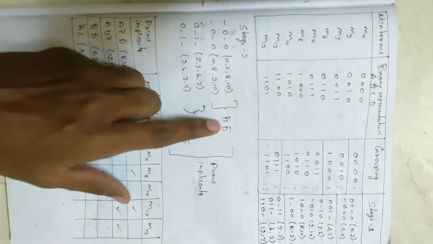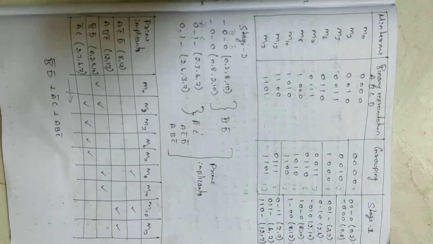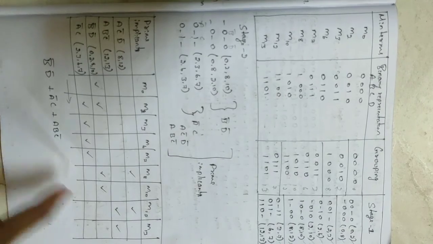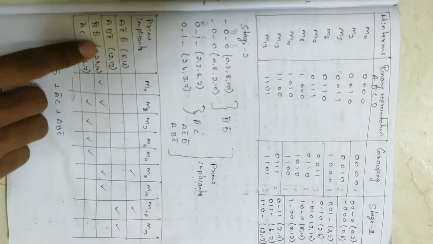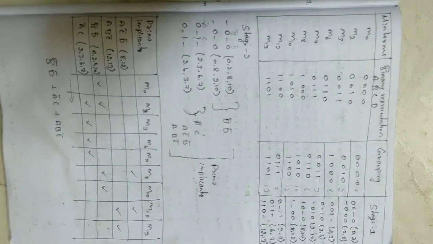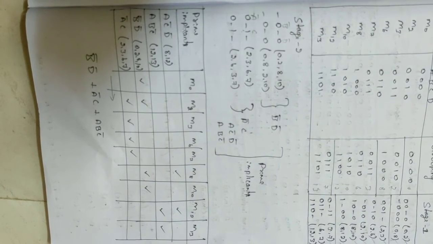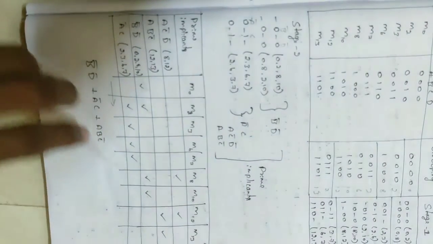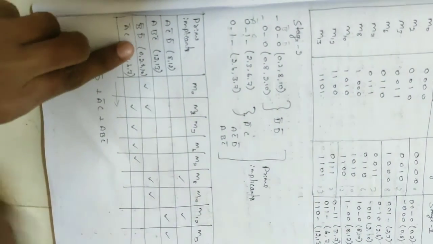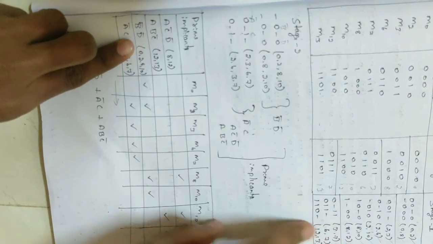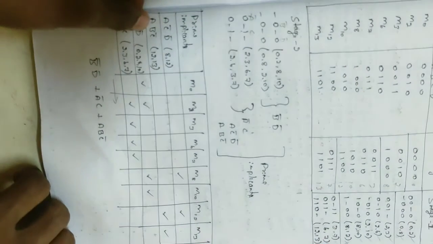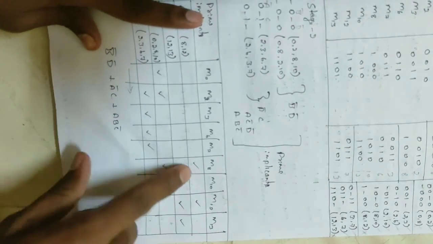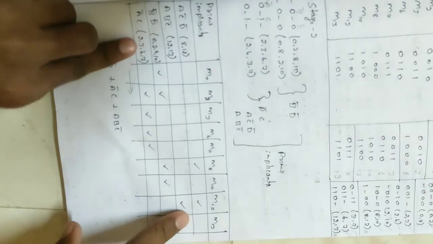After getting the prime implicants, we need to minimize the number of prime implicants that cover all the min terms, so we write another table to find the essential prime implicants. In this table we have B bar D bar, and A bar C, and here we don't have the 8 and 12 min terms and the 12 and 13 min terms, so we write those prime implicants here. After writing this table, we tick mark for every min term, like 8 and 10, and we do that for everything.